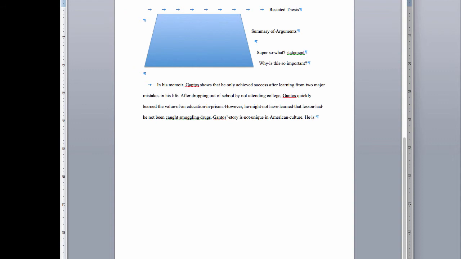He is another example that in America, individuals are forgiven of their past mistakes as long as they prove themselves valuable in society. Gantos, and I'm going to end there.